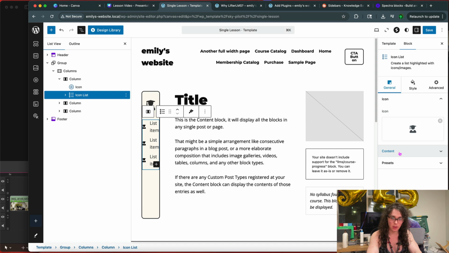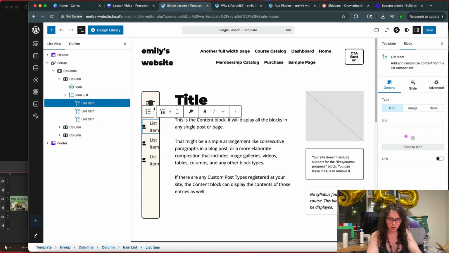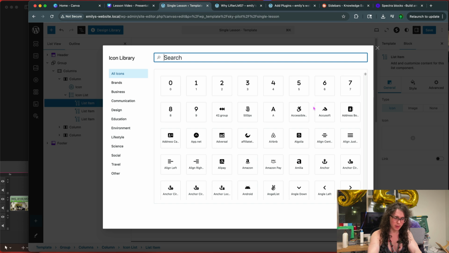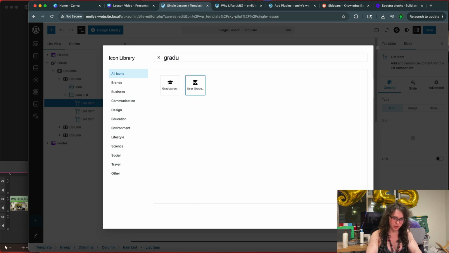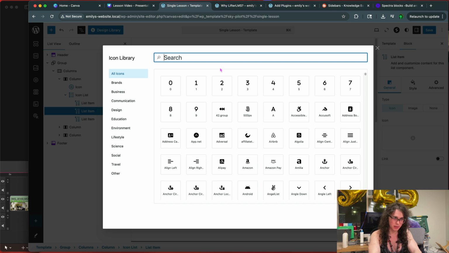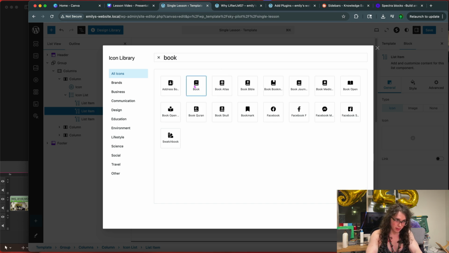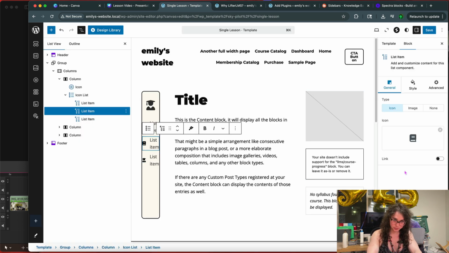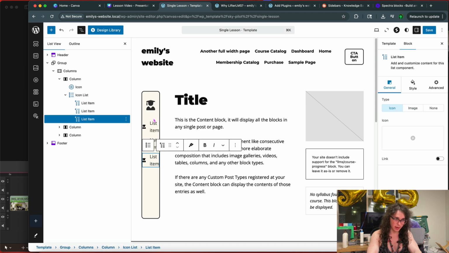Oh, you can only do a single icon for an icon list. Yeah. Oh no, we can mess it up per item. Okay, graduate. List item. This one is supposed to be a book. It's a course, maybe. And then this one, we have a student dashboard, we have a course, and we have a